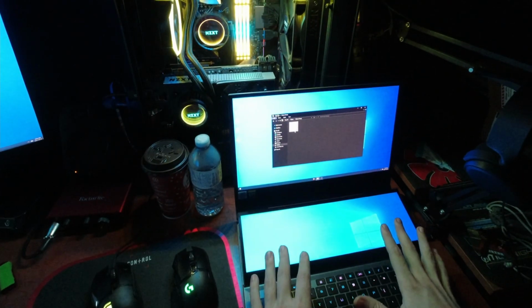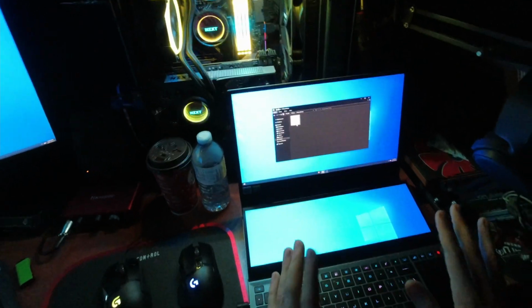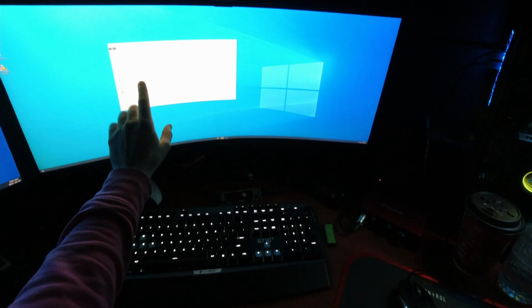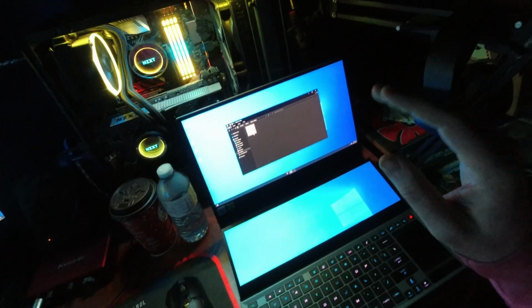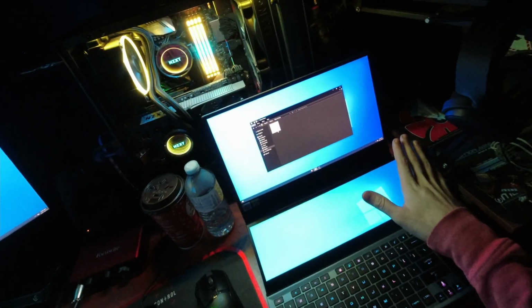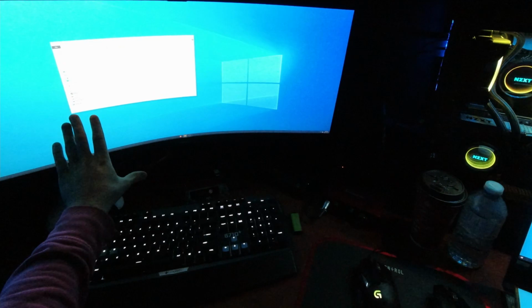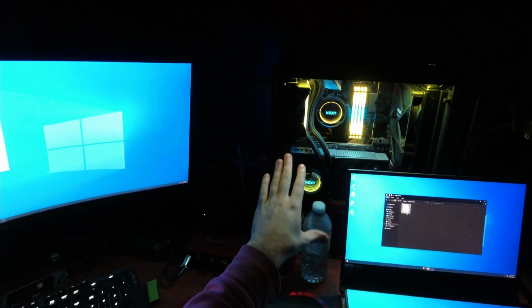If this was a computer that didn't have as much power to render the final video, I now have the final draft on the desktop that's uploaded, which then allows me to remotely control this computer. So if I use TeamViewer or something like that on this laptop, I can now access the desktop from wherever I am, and I can render the video using the more powerful hardware that I have here